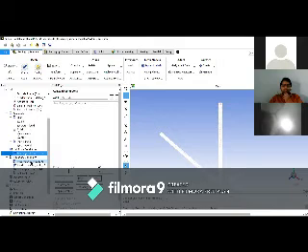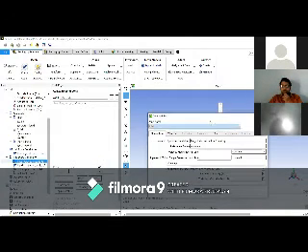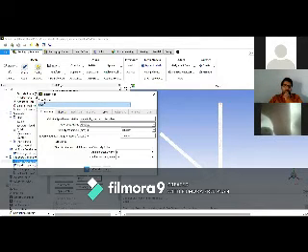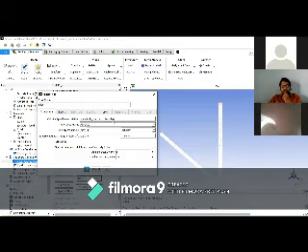So go to the inlet boundary condition. When you click on the inlet boundary condition, this is the inlet boundary condition that appears. This is the velocity inlet, and the zone name is inlet. Here the velocity specification method is magnitude normal to the boundary.